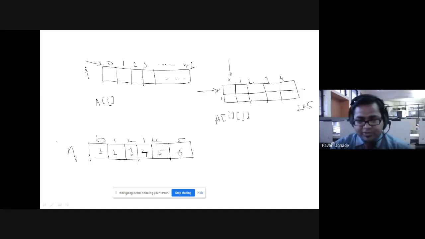That's what we'll be seeing in the program. If I want to access it, we have to say A of 0, then A of 1, A of 2, and so on, up to A of 5. You can do it like that, or you may need a for loop. So we'll be discussing how we are going to use it.